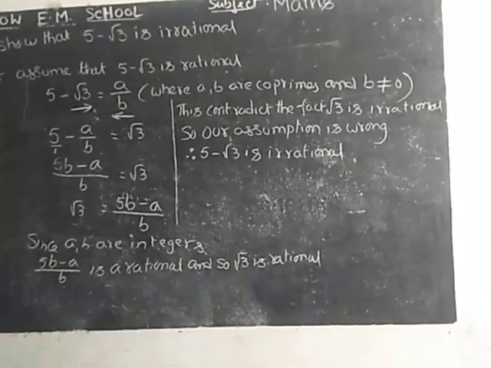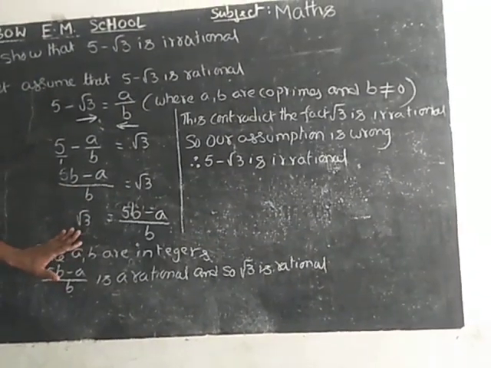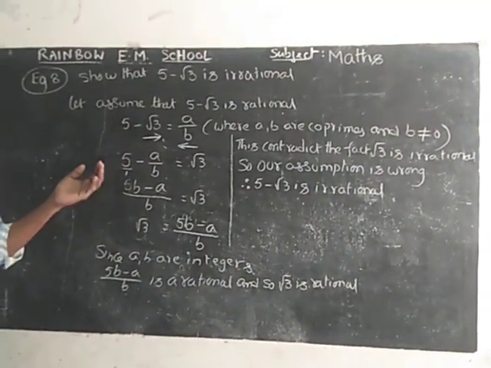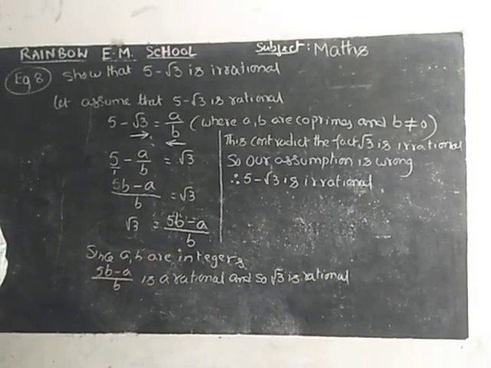One thing you have to remember: for this, there is no need for squaring on both sides. For this model, we can directly use the first example 7 model. We have to recall that one and follow the same process.